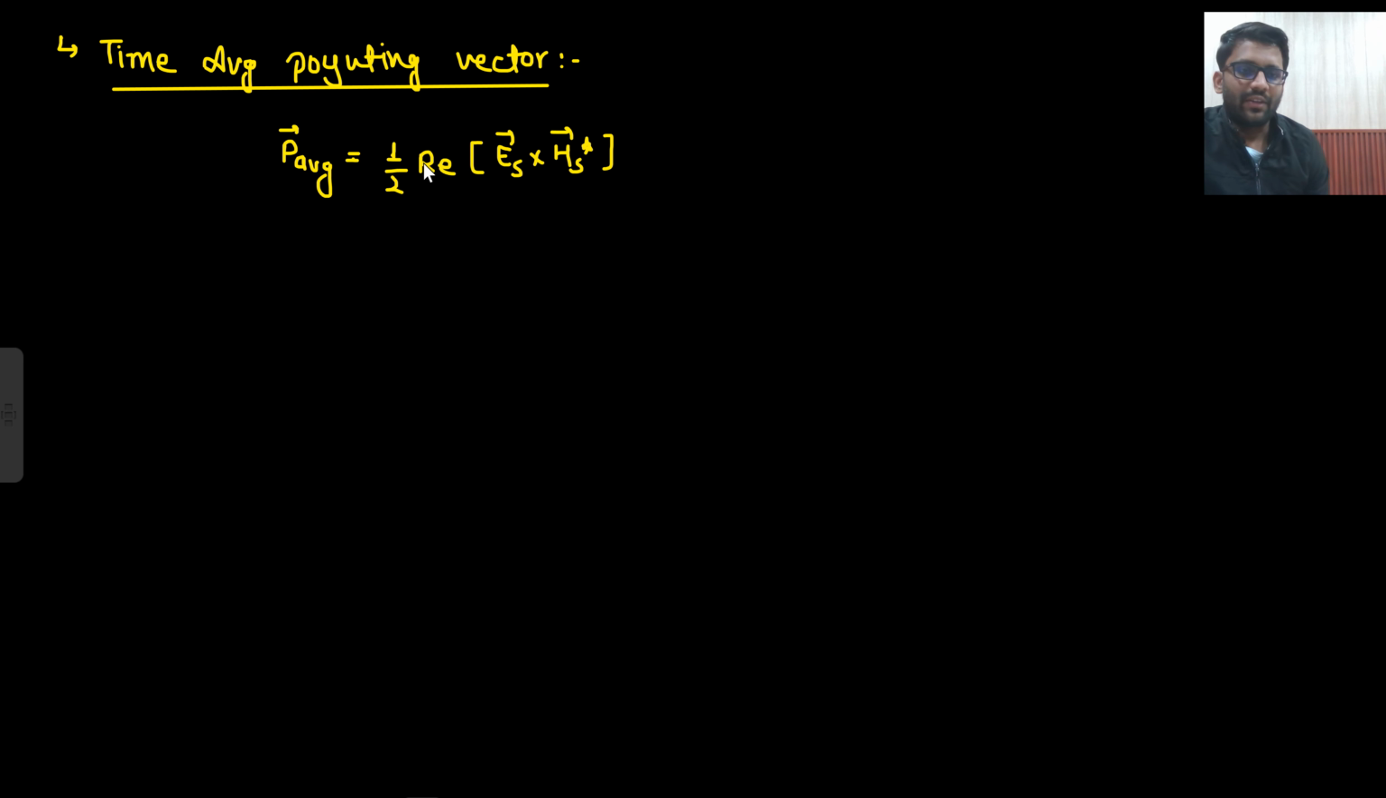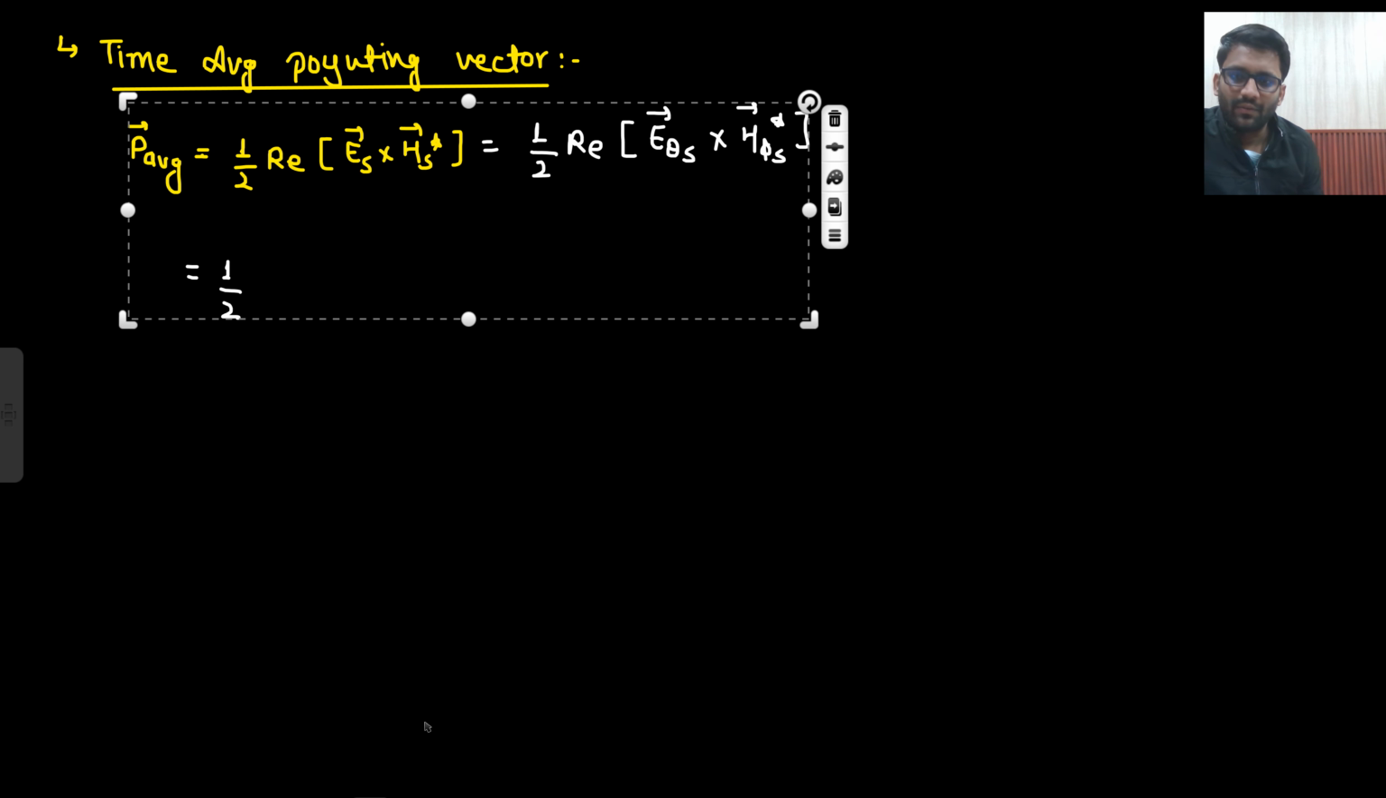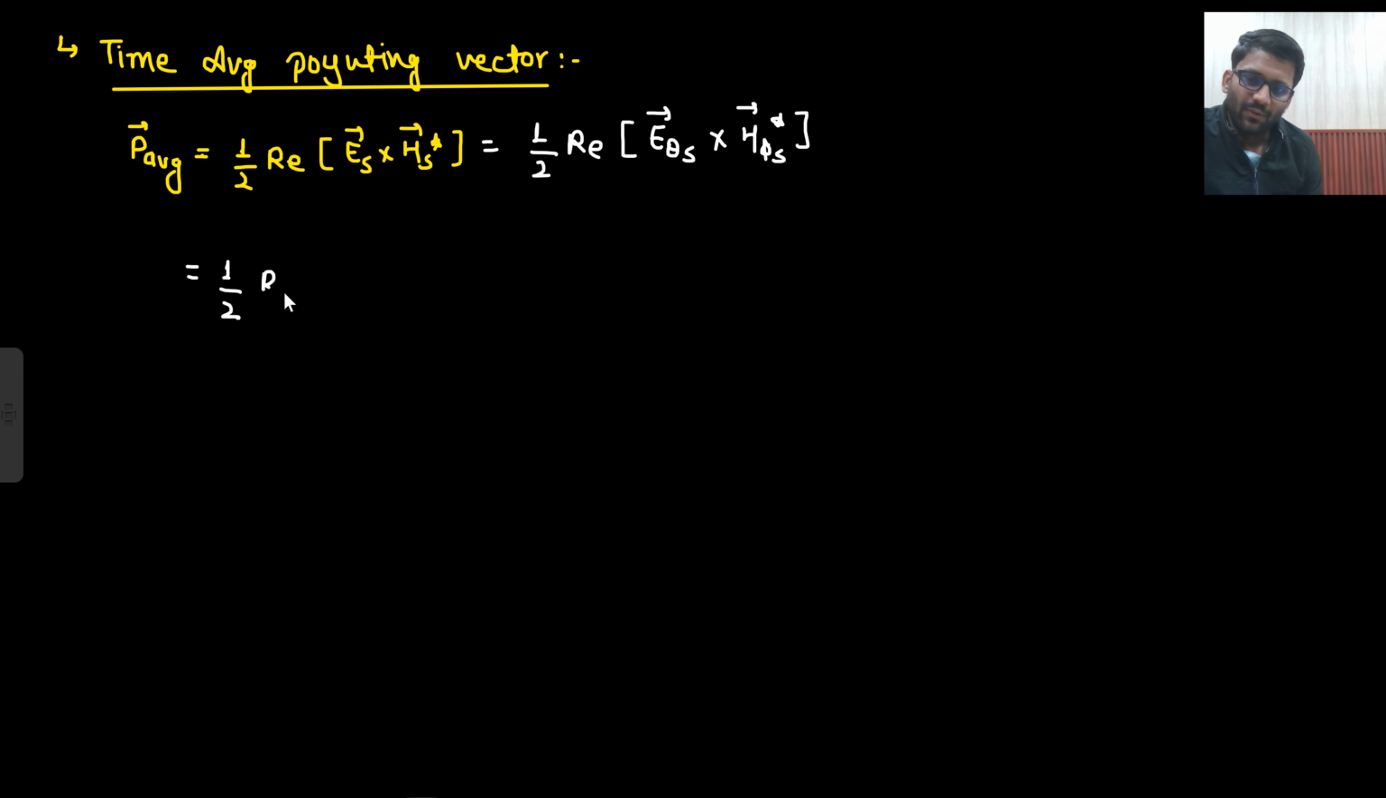So what is your P average? P average is 1 by 2 real of E_s cross H_s conjugate, that you already know. And here, which component of E are you having? Theta. And which component of H are you having? Phi. So 1 by 2 real of